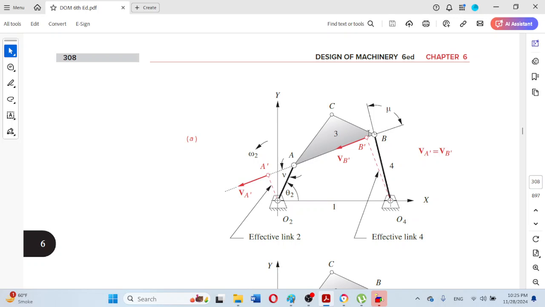So this is actually the perpendicular in this triangle O4BB dash, and this is the sine component, because O4B is actually the hypotenuse of this triangle O4BB dash. So these are actually the effective links,